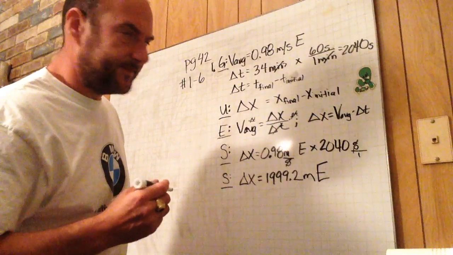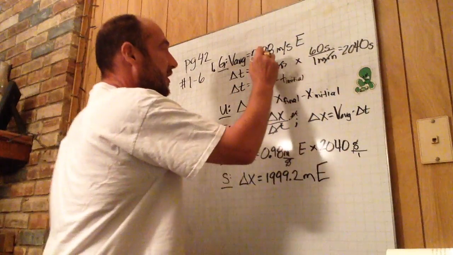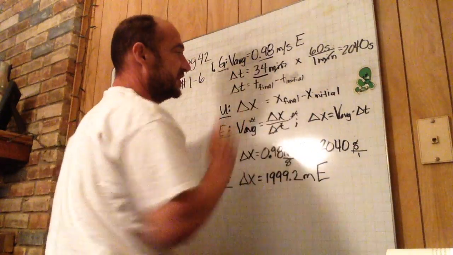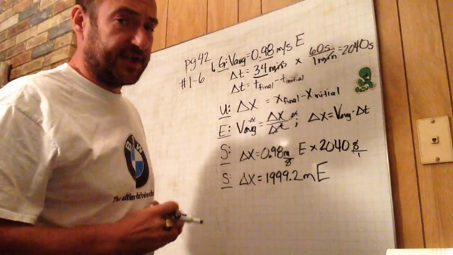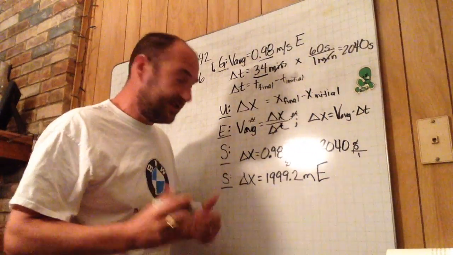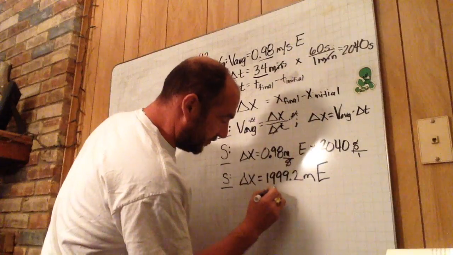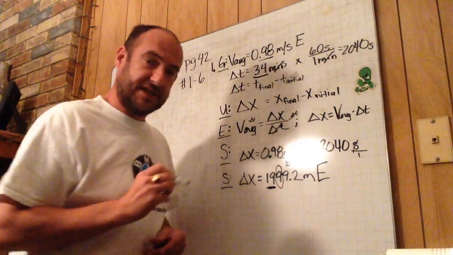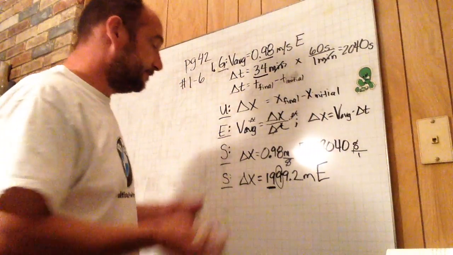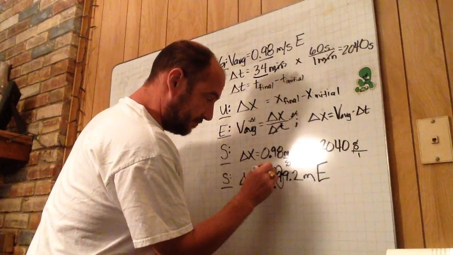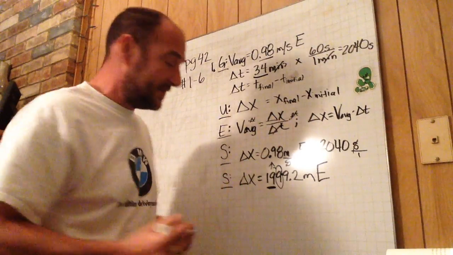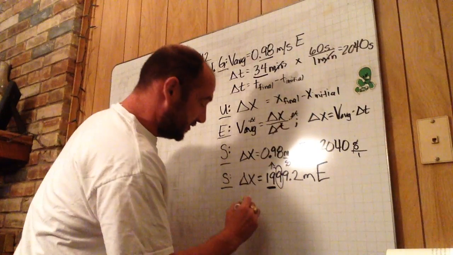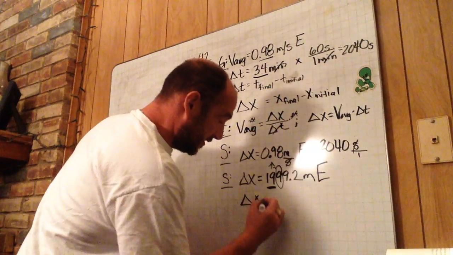Let's go over the significant figure rule. I have 2 significant digits in this number. I have 2 significant given numbers. So my answer needs to also be in 2 significant digits. 2 significant digits would be right here. For this step, look at the number right next to it, the 9. If it's 5 or greater, raise the next number up. Well, a 9 is going to go to a 10, which you carry 1 over here, so that would be 20. So delta x equals